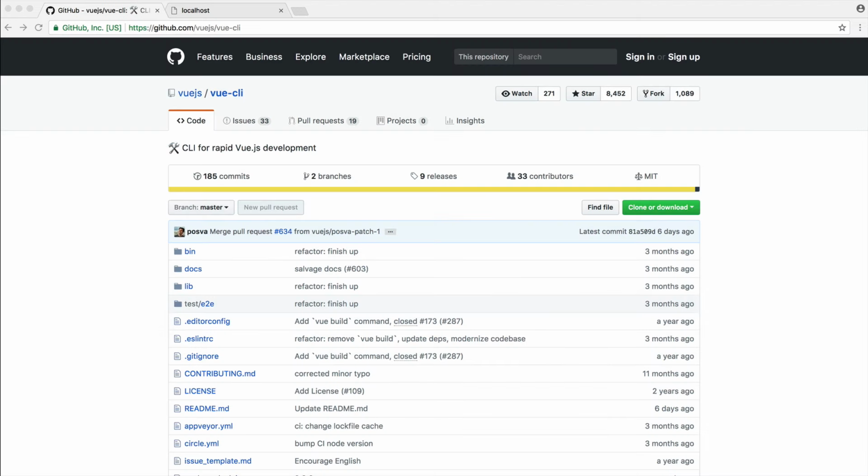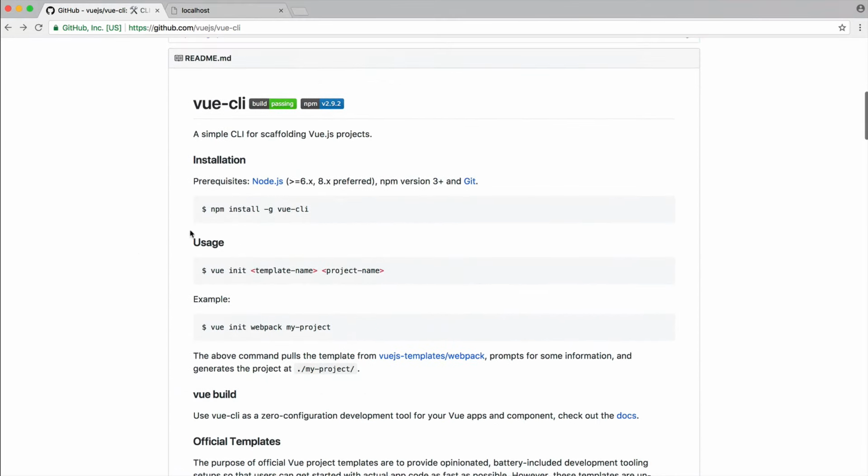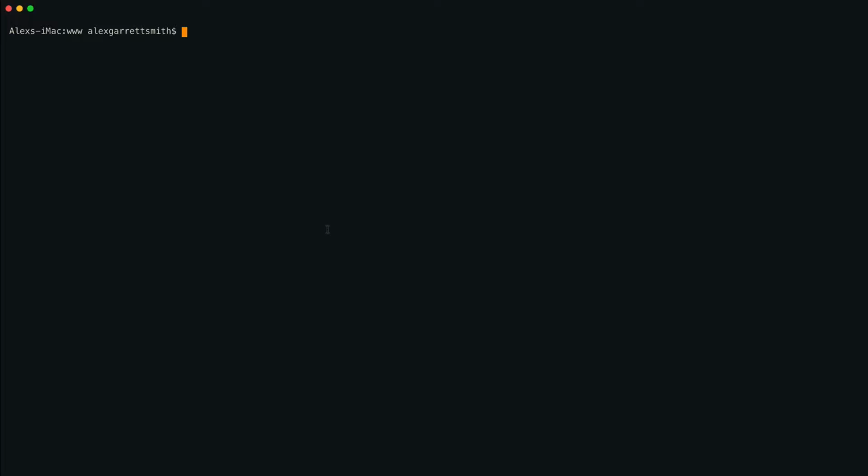To kick things off then, we're going to get Vue installed the simplest way possible, and that is using the Vue command line interface. So let's go ahead and take a look at how we get this set up. The first thing that you're going to do if you've never used this before is to install this globally. Once you've done that, you can go ahead and initialize a project with a specific template and then give it your project name. So we're going to use the Webpack template because it's pretty fully featured and has most of what we need here, including Vue router, which is really important because we're going to have different routes for our